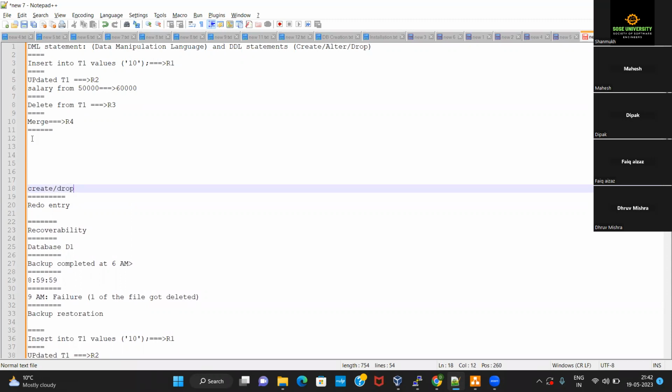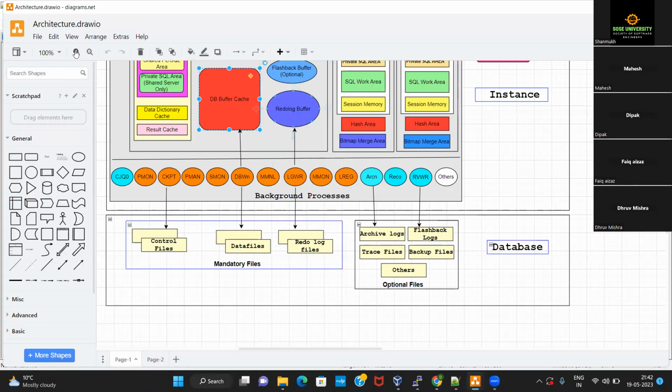Whenever any DML or DDL statement is fired, a corresponding redo entry is generated in the redo log buffer. It is required for performing a recovery in the database. If for some reason there is a failure, you will make use of a valid backup and the redo entries to recover the database till the point of failure.